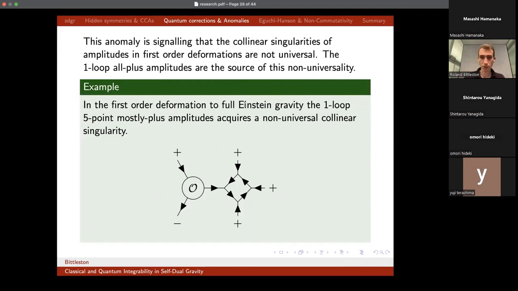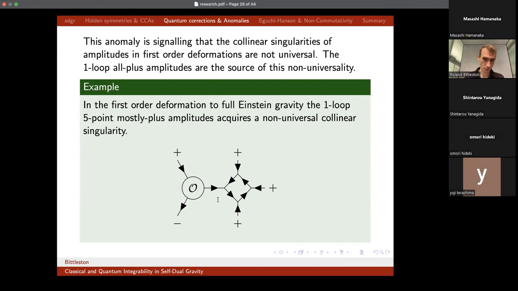So for example, if we do this first order deformation away from the self-dual sector to full Einstein gravity, that introduces this vertex, which can have two minuses shooting out of it, which I wasn't allowed to write down in just the self-dual theory. And now that can feed into this non-vanishing box diagram in the self-dual sector. So if I take the momentum on this positive helicity graviton and on this negative helicity graviton, and I take them to become holomorphically collinear, then this diagram